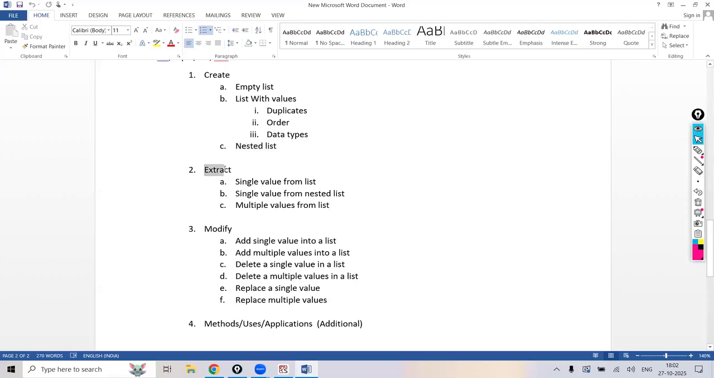And also we have completed how to extract a single value from the list, how to extract a single value from a nested list. At the same time, how to extract multiple values from the list. So to extract multiple values from the list, we are going to use the slicing operation. Now in today's class, we are going to move on to the next concept related to modify. So what is meant by modify? Modify is nothing but,